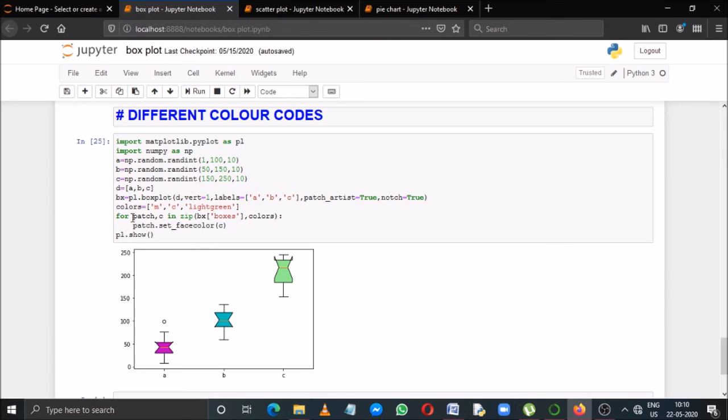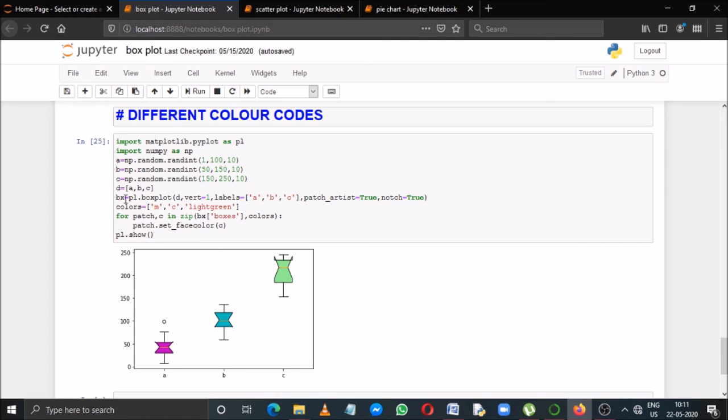After this, I took another list called colors, and here I have defined three different color codes. Either you can give the color initial, or you can give the color full name, or you can give the hexadecimal color code, whatever you want. So M is magenta, C is cyan, and this is light green. Then I wrote a loop for patch, c in zip(bx['boxes'], colors). bx is my box plot's name.